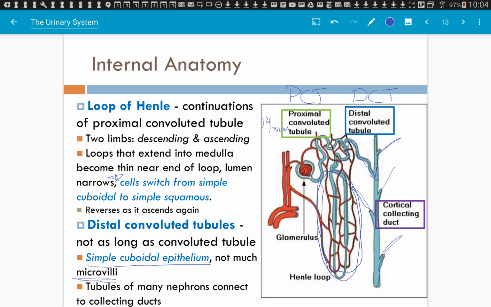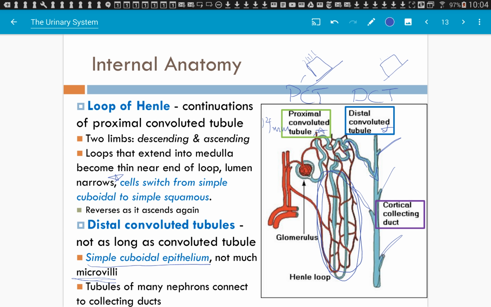One of the biggest differences between the proximal convoluted tubule and your distal convoluted tubule, so the tissues here versus here, is that the proximal convoluted tubule is simple cuboidal, okay, and it has microvilli on it. The distal convoluted tubule is simple cuboidal as well, but very little microvilli. So that's the major difference between the proximal convoluted tubule and the distal convoluted tubule. They're fairly similar, except for how much